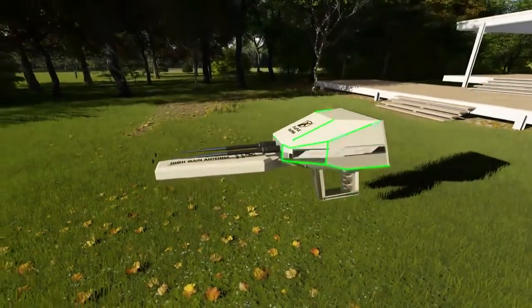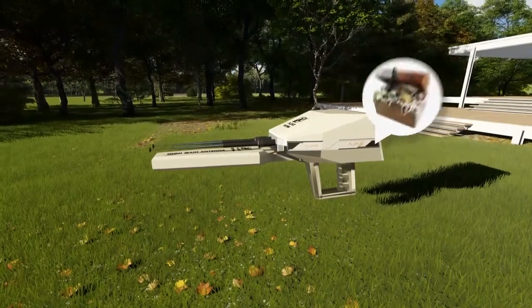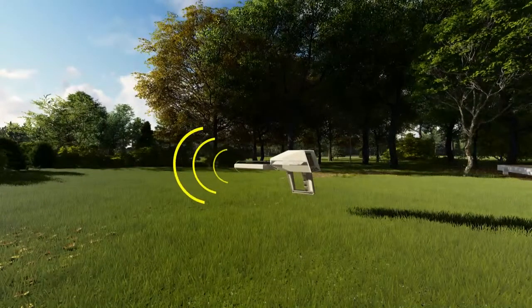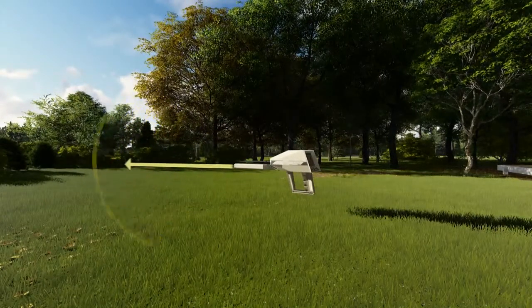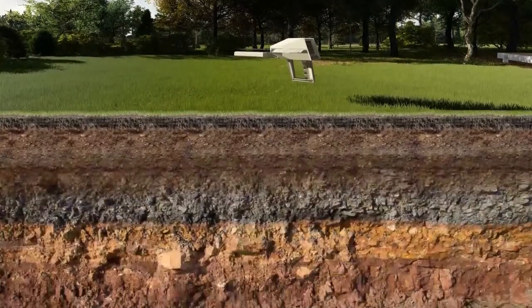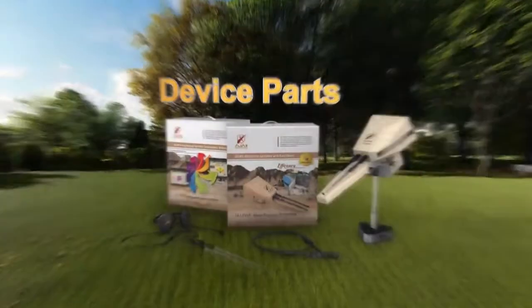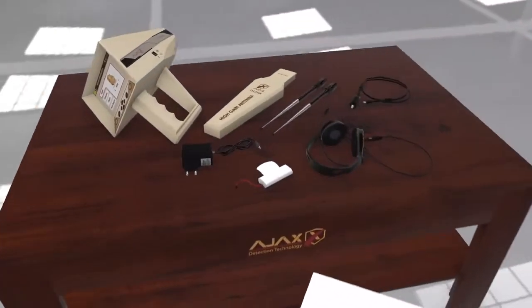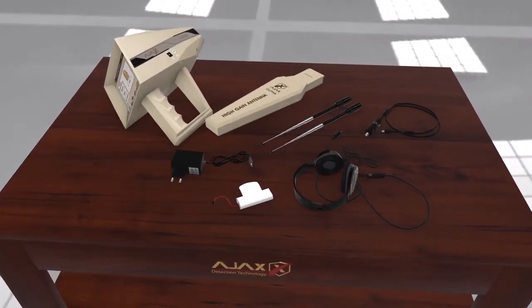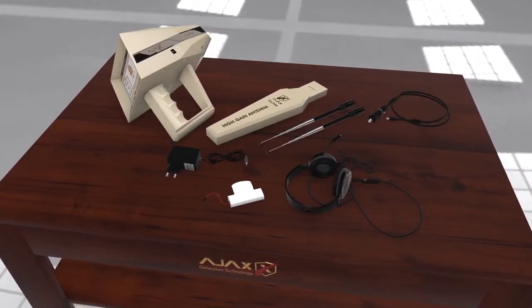Alpha is the state-of-the-art long-range locator device in the world to search for gold, treasures, and precious metals. Two integrated systems with high sensing technology to detect on long ranges up to 2,250 meters, with depths to 50 meters underground. Device parts. The carrying case contains the following parts: main unit, high-gain antenna, headphones, charge adapter, car charger,